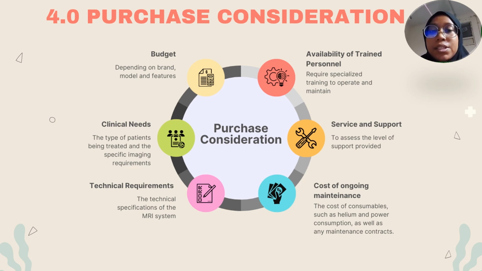Second, clinical needs. The type of patients being treated and the specific imaging requirements should be taken into account. For example, whether the MRI system will be used for diagnostic, research, or treatment planning will affect which system is appropriate. Third, technical requirements. The technical specifications of the MRI system need to be evaluated to ensure it meets the medical facility's requirements. This includes factors such as the machine's resolution, field strength,